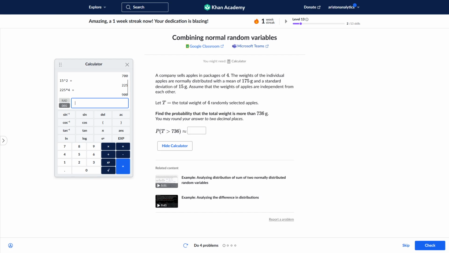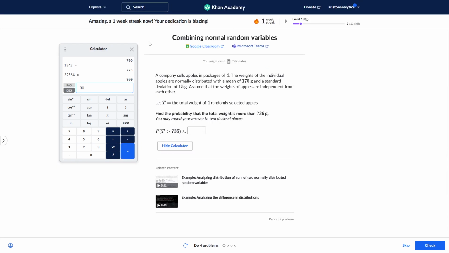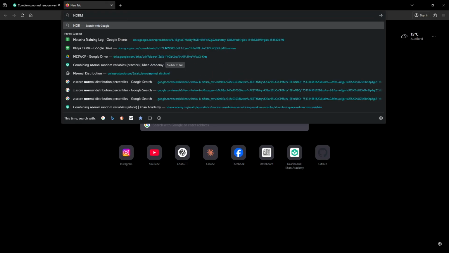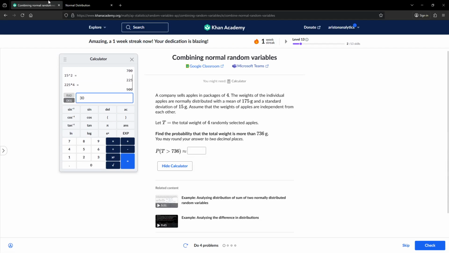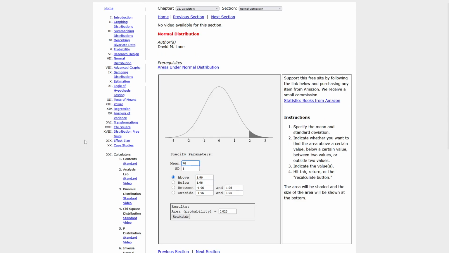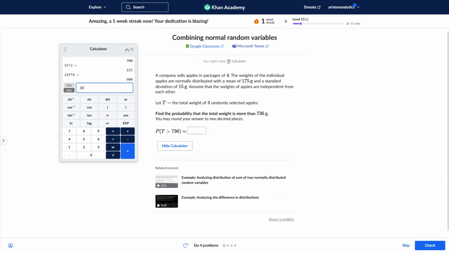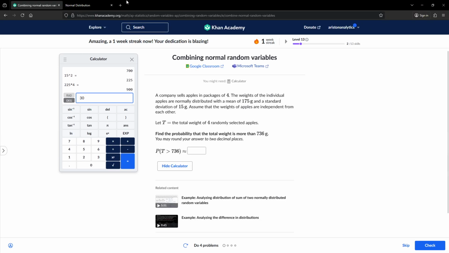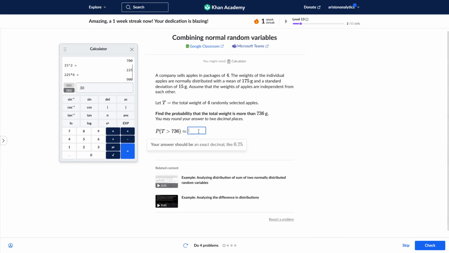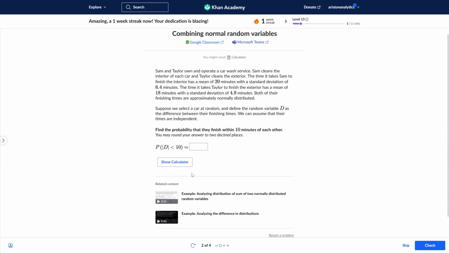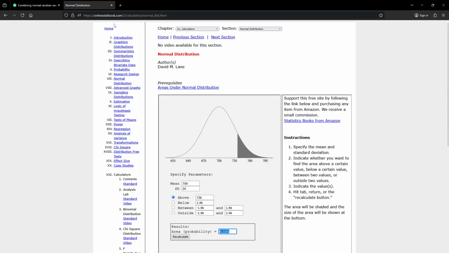Square root is 30. $730 is greater than 736. So it's between